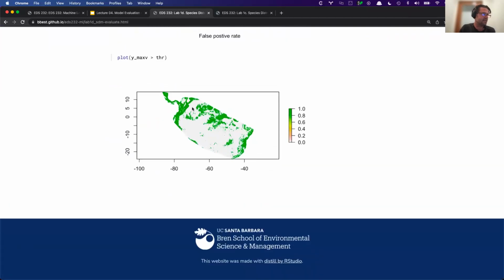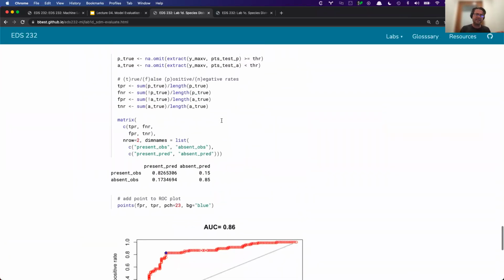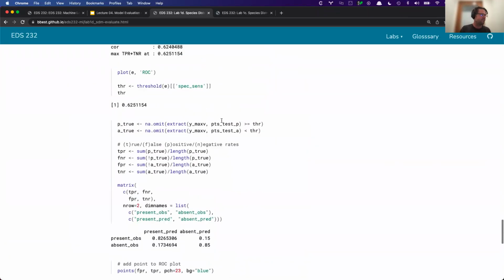So eventually you get this. When you apply that threshold, you get this distribution. Here are all the ones in green, and the zeros are gray. And that is habitat, not habitat. And so if we take that same threshold, we can extract that predicted raster with our presence points, and we